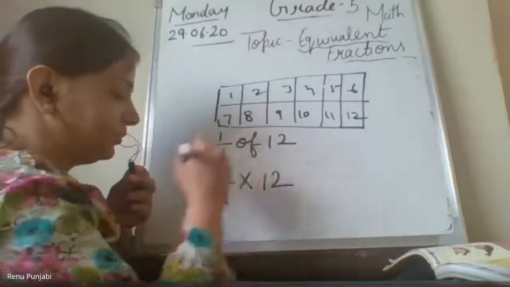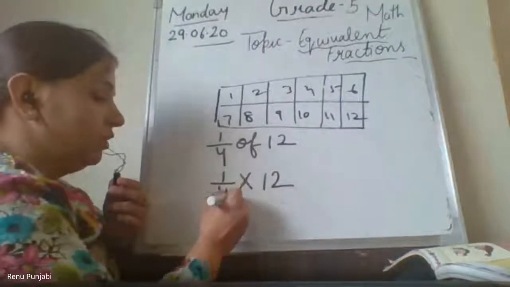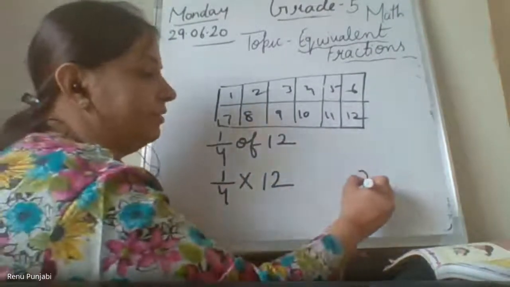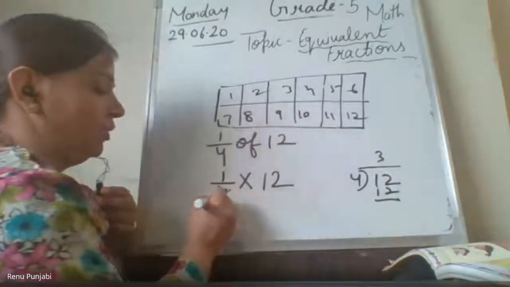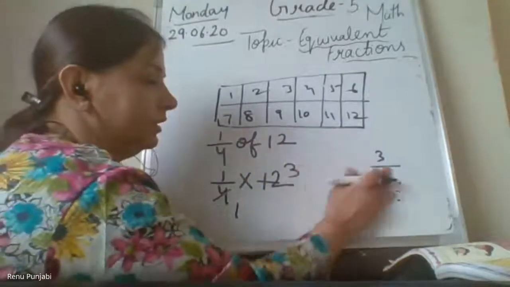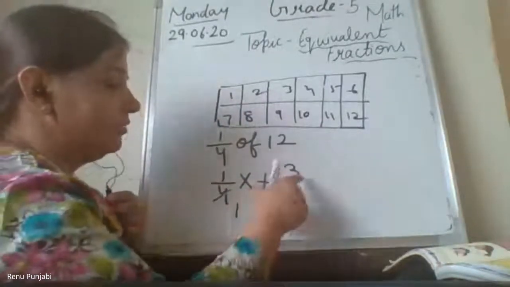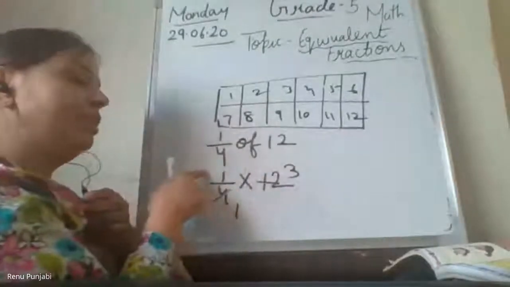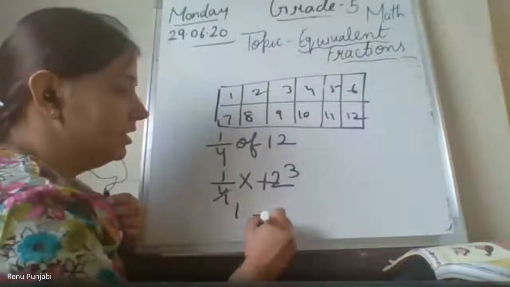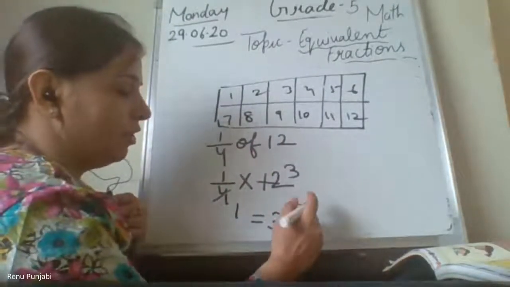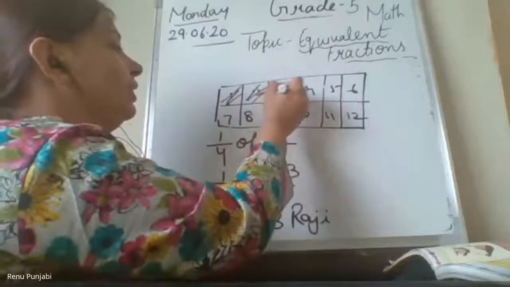Write 12 here. Divide this denominator with this number which you have written here. You can cut by reducing, or you can divide in the rough work also. 4 3s are 12. It means 4 1s are 4 and 4 3s are 12. Erase that rough work. Now, whatever number is left, 3, multiply this number with the numerator. Here is 1, so you multiply 1 into 3 is 3. So 3 parts for Razi. So this 1, 2, 3 parts for Razi.